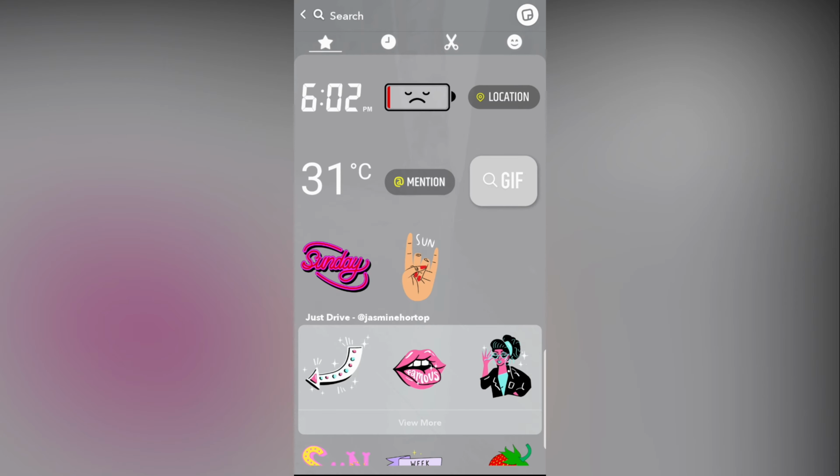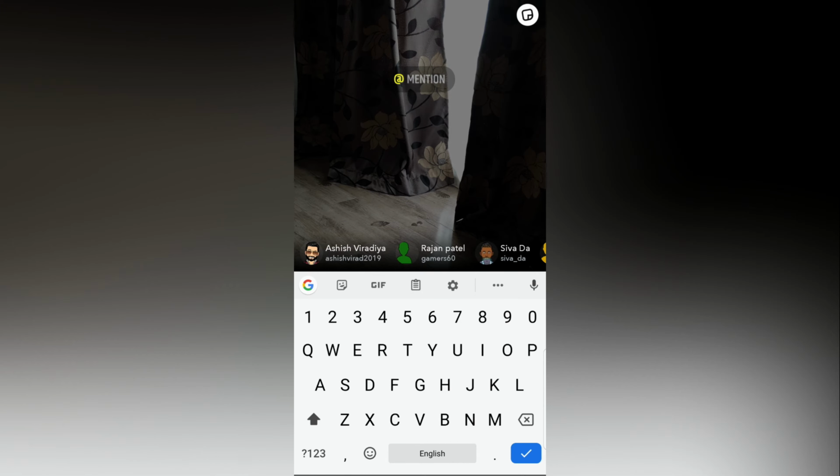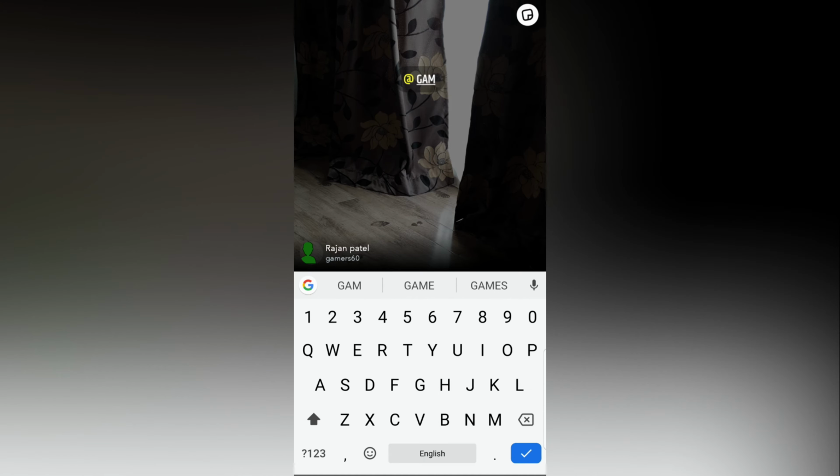Tap on the square sticker button and you can see these different stickers. You can see here mention. Tap there. You can write someone's username. So once you are done,